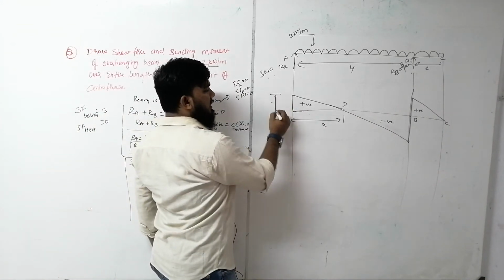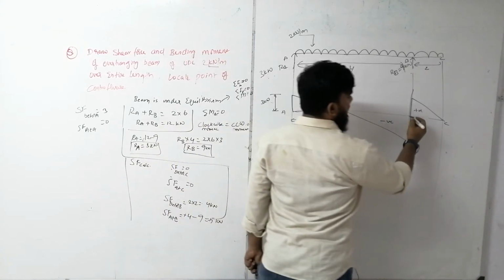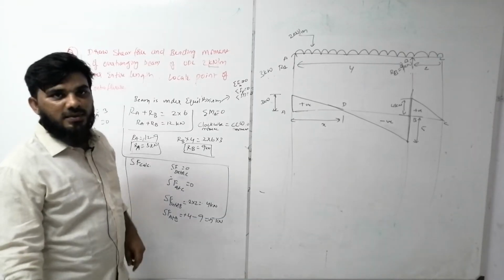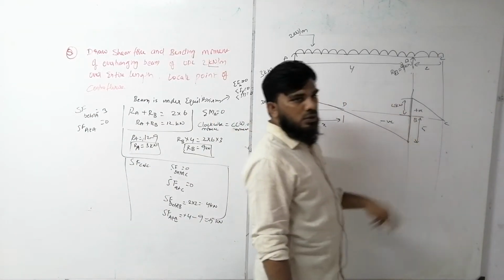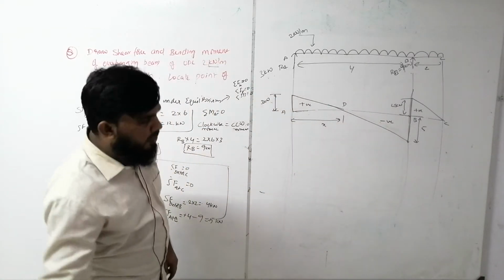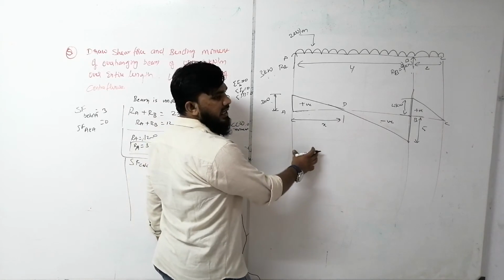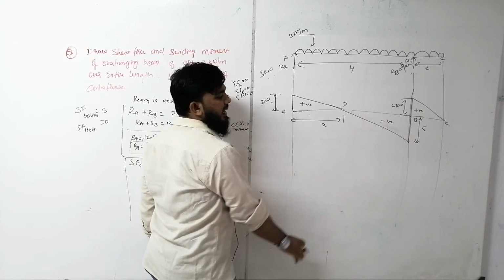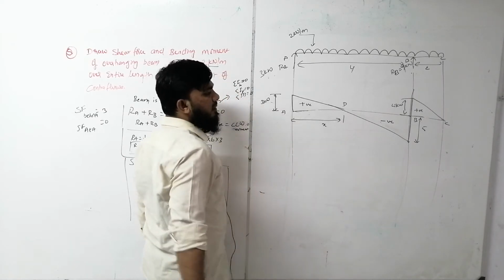We know the length of this is 3 kilonewton, the length of this here is 5. So this is 5 kilonewton, this is 4 kilonewton. With this we have completed the shear force diagram, but we have to measure this distance. Let us measure this distance here itself. In your examination you should keep a separate paper for the diagram. For complexity I am trying to solve this problem here for shear force.